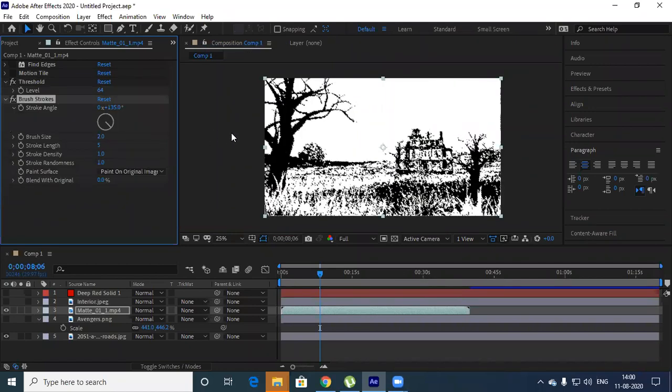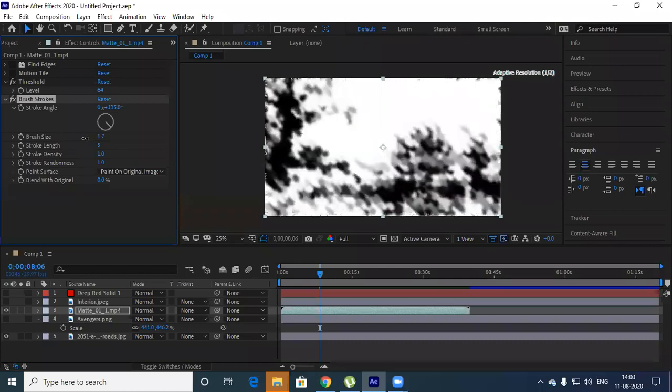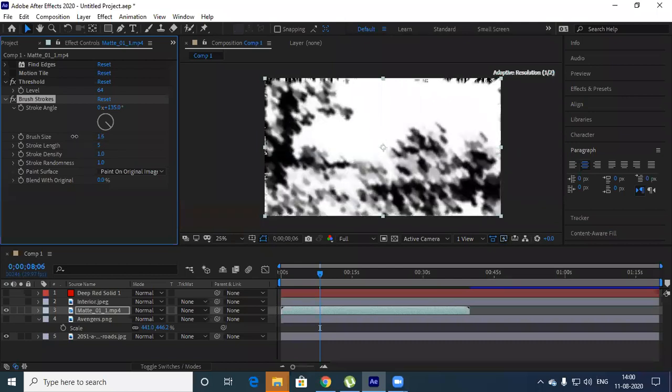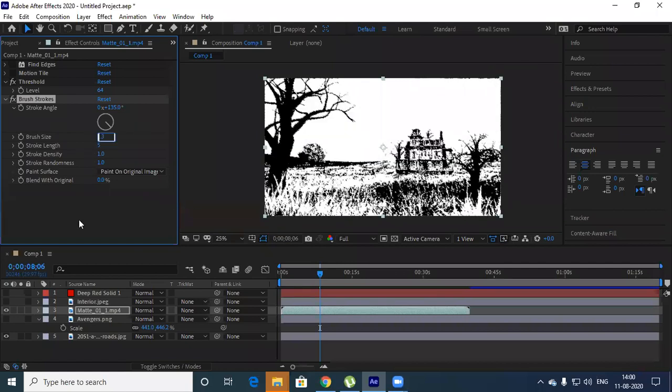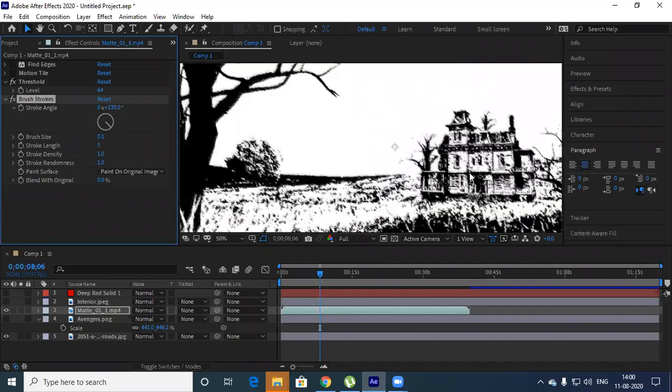So brush strokes, what I'll do, brush stroke size, I'll reduce it clearly. Okay, 0.02 or just 0.1. Okay, now see, this is the output.